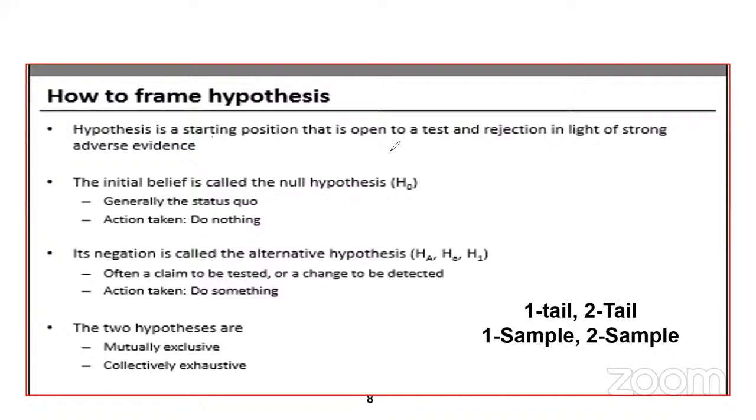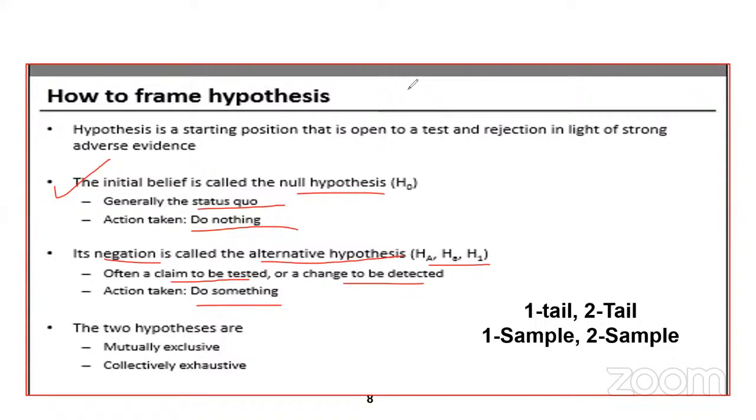So hypothesis is the starting position that is open to test and rejection in light of strong adverse evidence. Initially, we will have a null hypothesis to be assumed, which is generally called the status quo. Action taken will be do nothing. Negation of the null hypothesis is called the alternate hypothesis, which is denoted like this. Here, it is considered as the claim to be tested or change to be detected, and the action taken will be